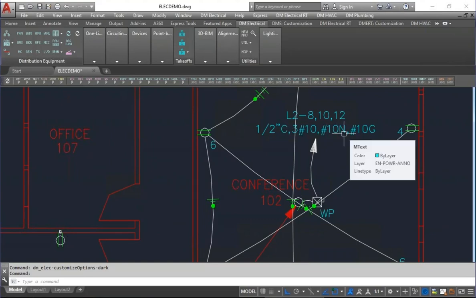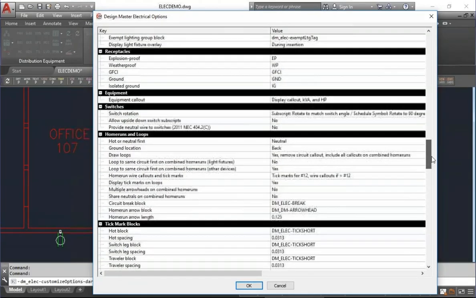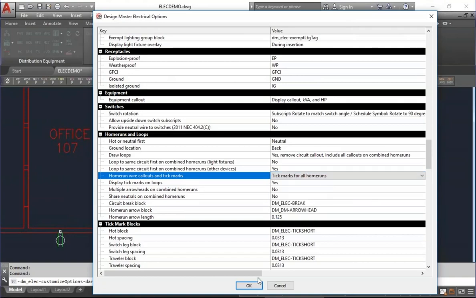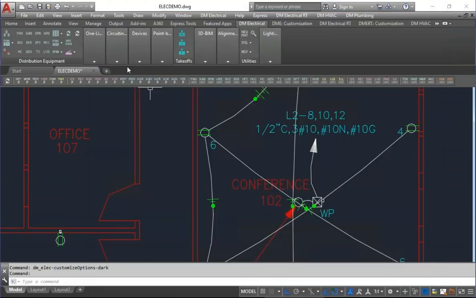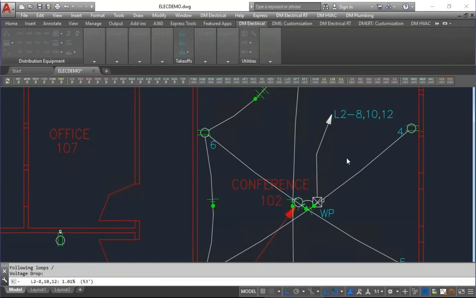So then somewhere else on the legend or whatnot, you say, hey, tick marks, number 12s, anything else, we give you the full size. We can adjust that depending on what you like to do with those callouts. We can do tick marks on all home runs. What that'll do is it'll take this number 10 and it'll just give us tick marks instead. So all callouts, home runs, regardless of size, get tick marks,